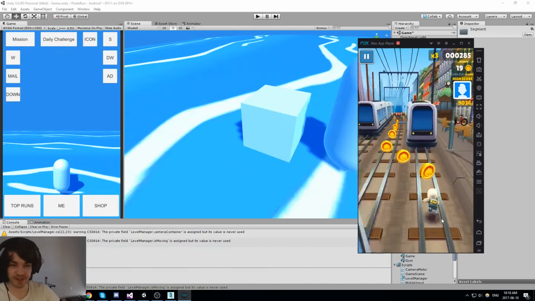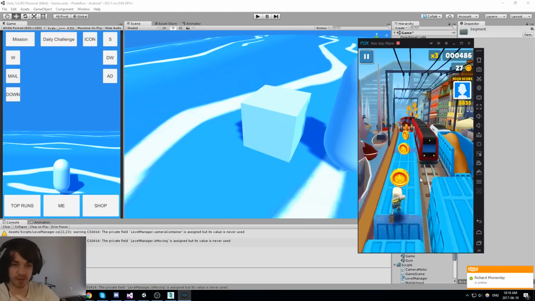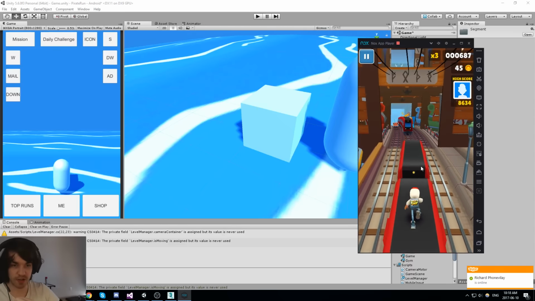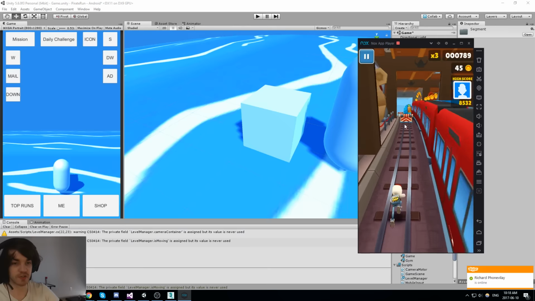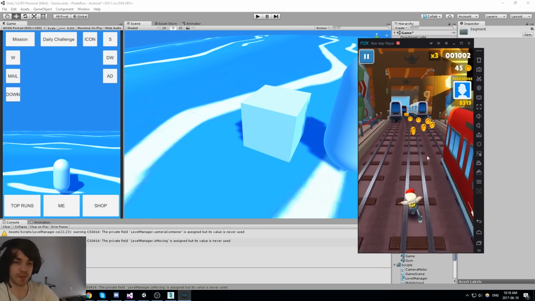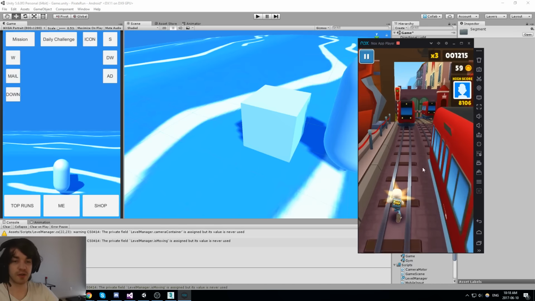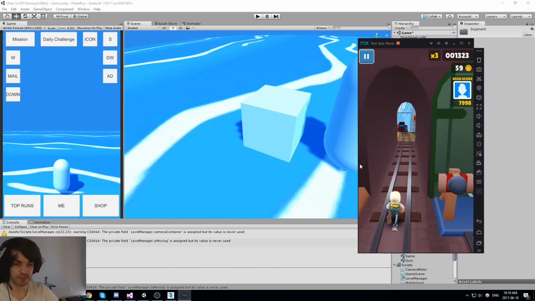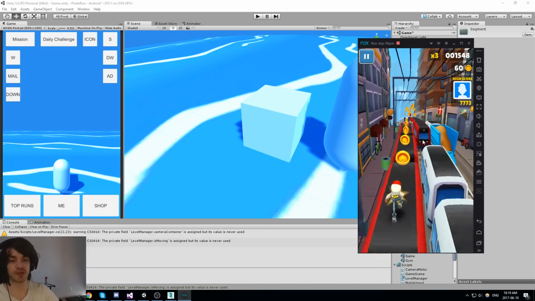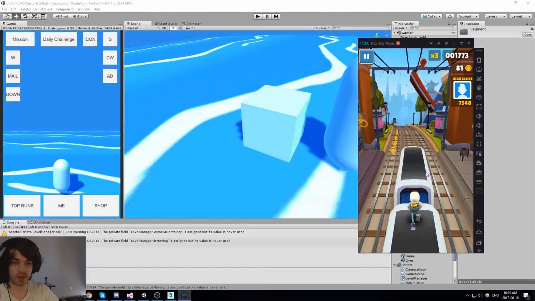So yeah, that's the slide down. The long block we have would be the trains. This is the ramp right here. And I think that's all there is in Subway Surfer actually. There's also the jump, which is the newest one we just added. Okay, so here's the thing. Everything that you see on this screen right now is all within the prefab we just made. So even this moving train right here, that's a long block, but it's animated. It doesn't look like it, but that's going to be a long block in our game.